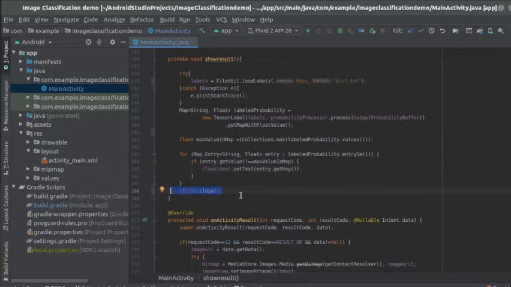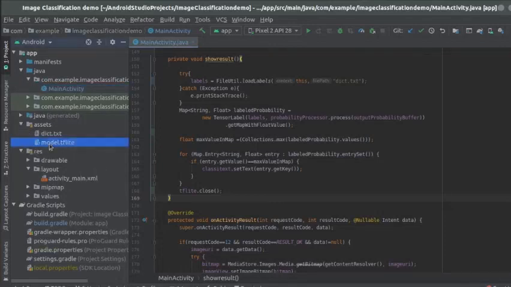This is the simplest code you will find on the internet for doing flower classification or any image classification in an Android application. What you have to do is just replace your assets. Like if you have a MobileNet image classification model, replace your model.tflite here and the labels here.